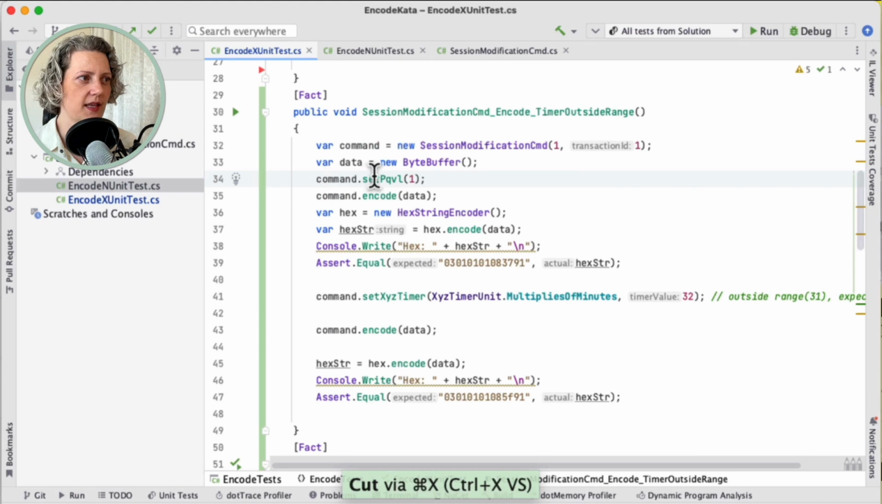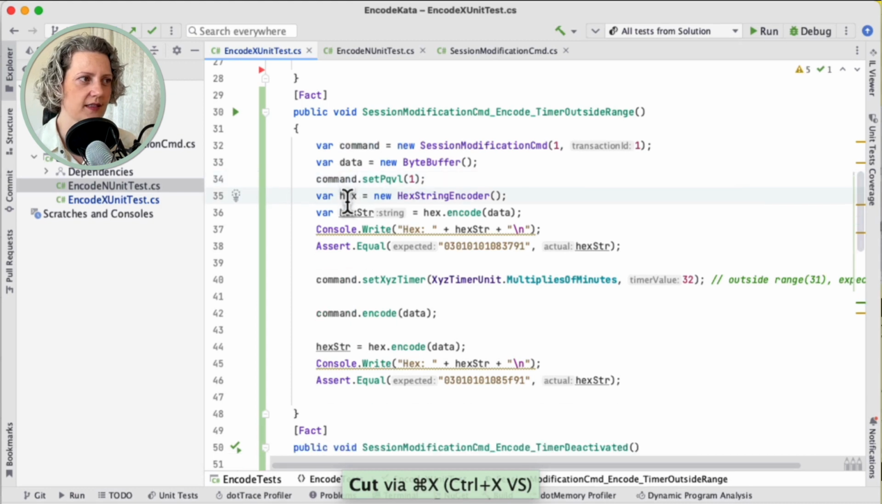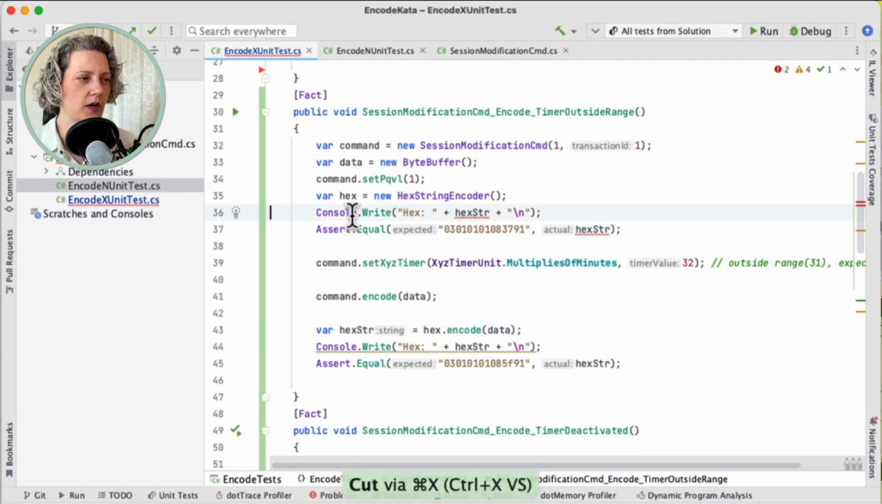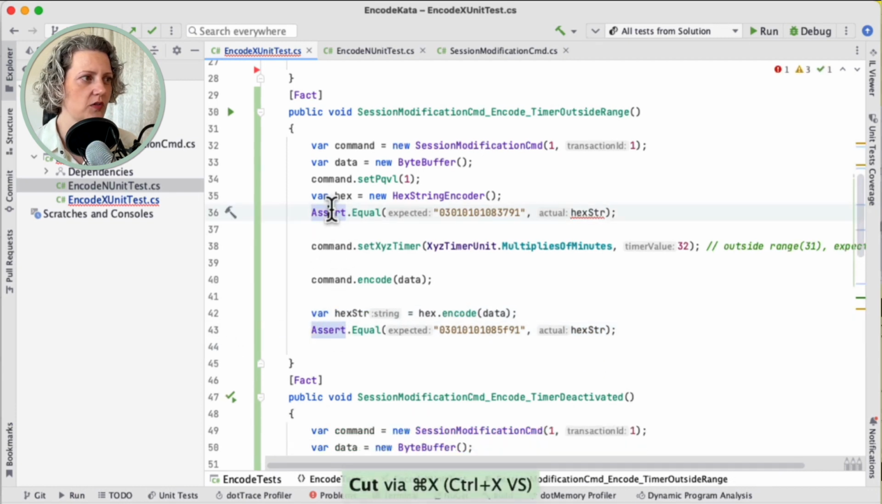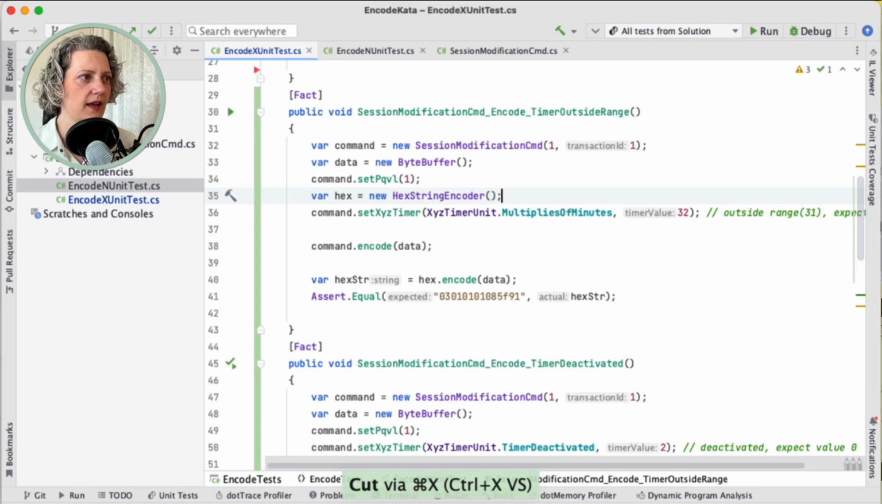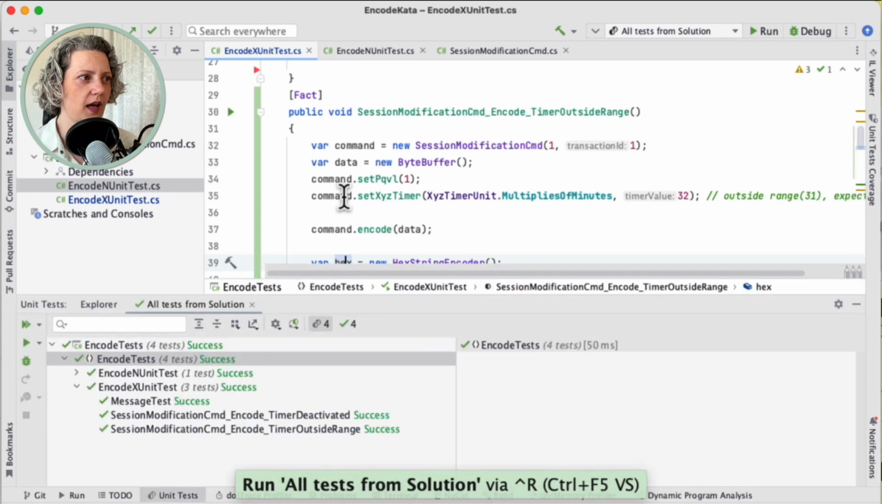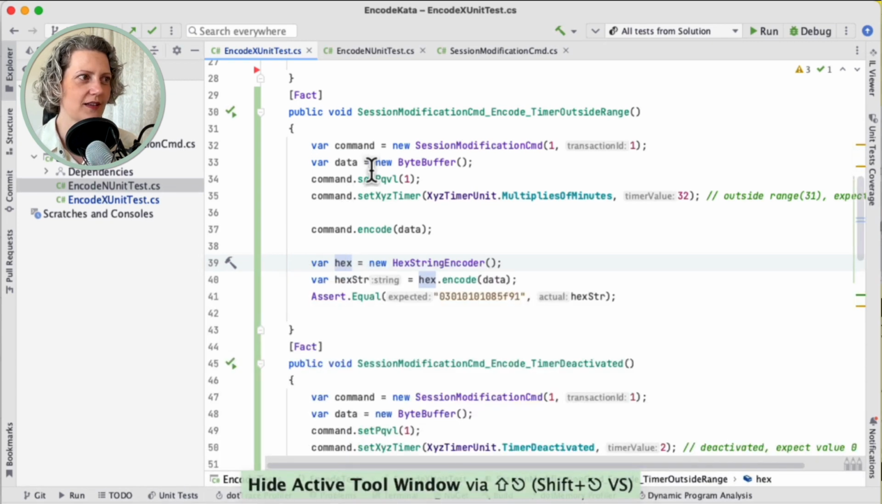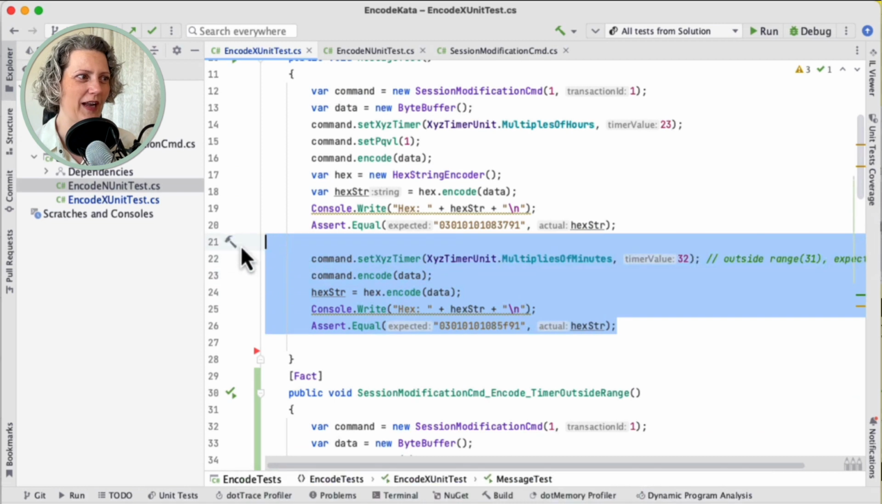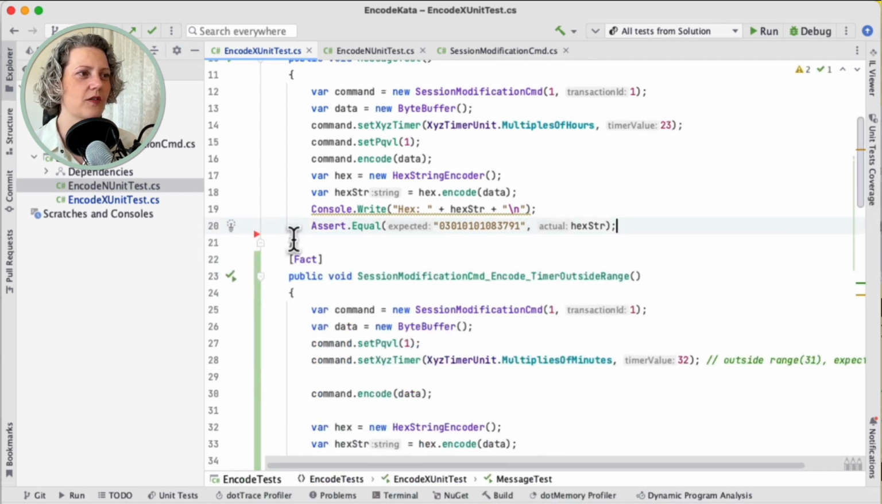So we don't need to set that up twice, we don't need to do the act step twice. That again needs declaring down there where it's used. Get rid of the console, get rid of the other assertion, and move the hex encoded down to where it's used. Cool. So that looks good. Great. I now got another test that only does one act step, and I can now remove that from the